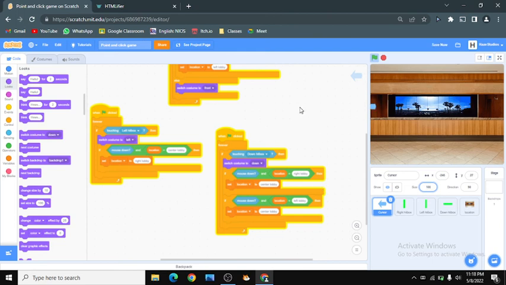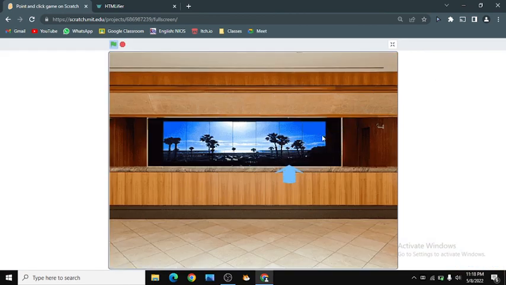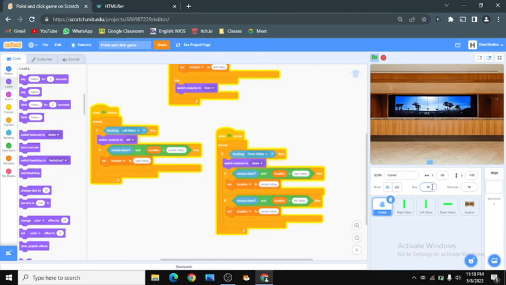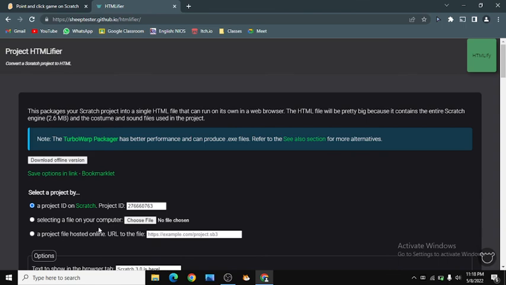So let me show you how to use HTML5 properly. I'm just gonna make the size down. So how to use HTML5 is you can see this link over here, right? If you're using a Scratch offline editor, you can just get in here and press selecting a file on your computer, choose file.